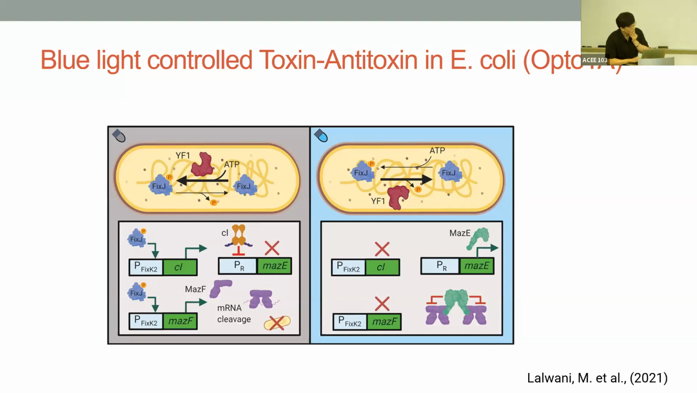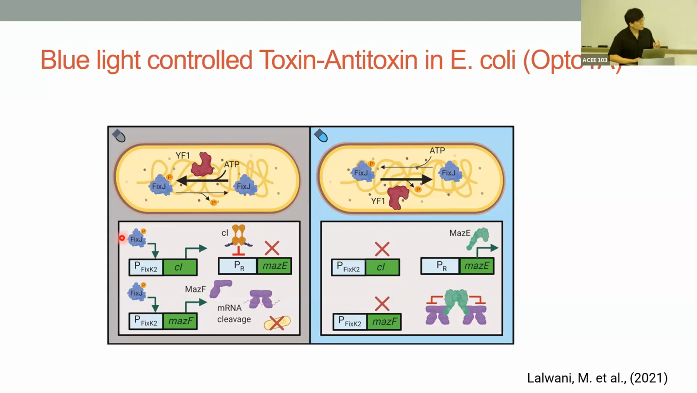Makoto Lawani, where if I just go through this carefully, in the dark, this YF1 protein acts as a protein that can phosphorylate FixJ. Now FixJ, when it's phosphorylated, binds the FixK2 promoter, which makes lambda repressor, as well as MazF, which is a toxin to bacteria. So in the dark, a lot of toxin is made, so E. coli don't grow,